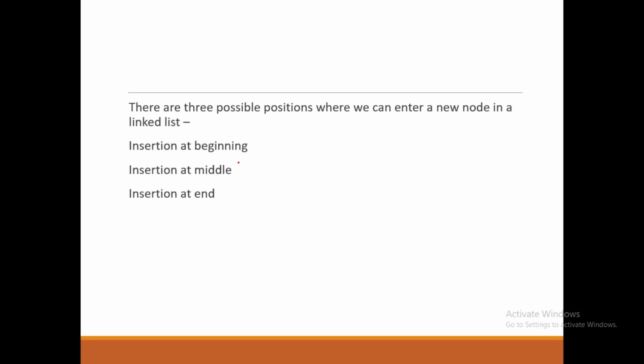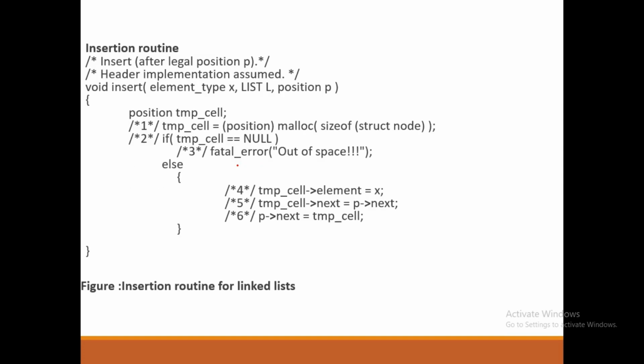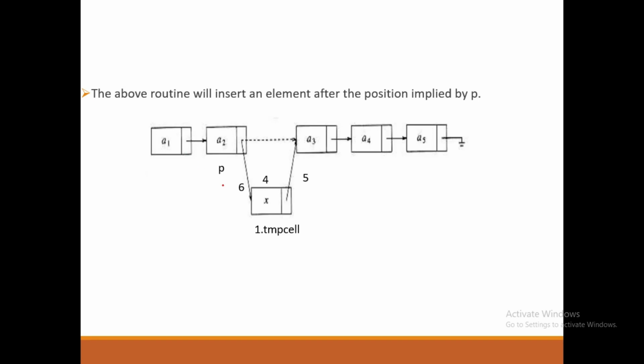So insertion at middle, in the sense, once we give an element, this will be inserted after the specified position. Okay, if we specify the position as 2, after this 2 only the element is going to be inserted. Okay, so for that let's see the diagram. For example, consider we are going to insert an element X and the position given is 2. So which means after this specified position 2, the new element will be inserted.